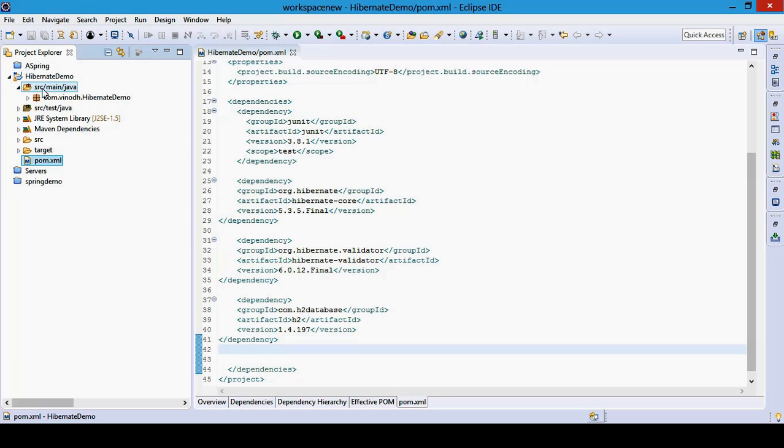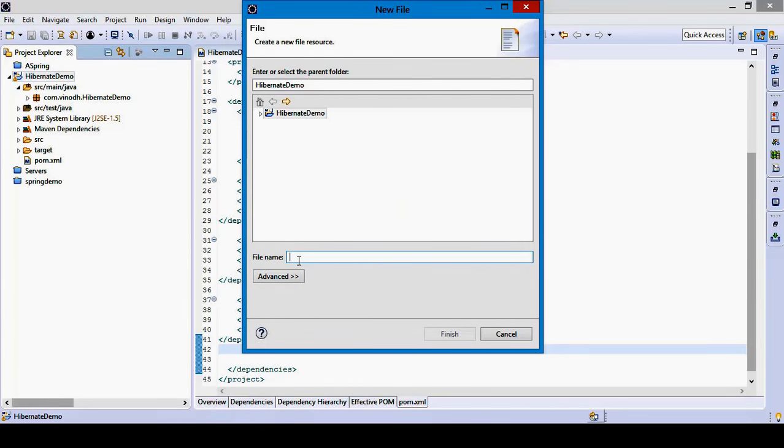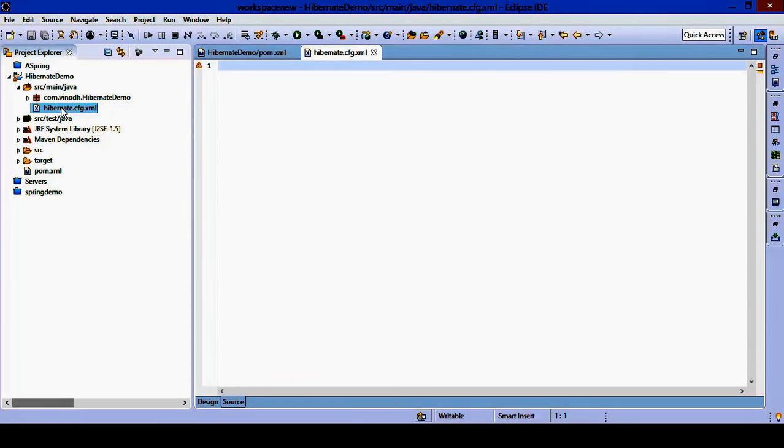You can create this file inside src/main/java. Select the project, right click the project, click new and choose file. Here you can give the name of the file you wanted to create. So let me choose hibernate.cfg.xml. Where I wanted to place this file, you can choose it. I wanted to place it inside src/main/java. Inside this folder I wanted to place it. Okay, click finish. So here the file is created, hibernate.cfg.xml, which is created inside